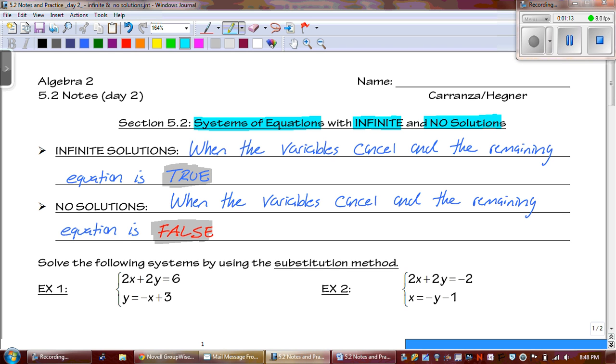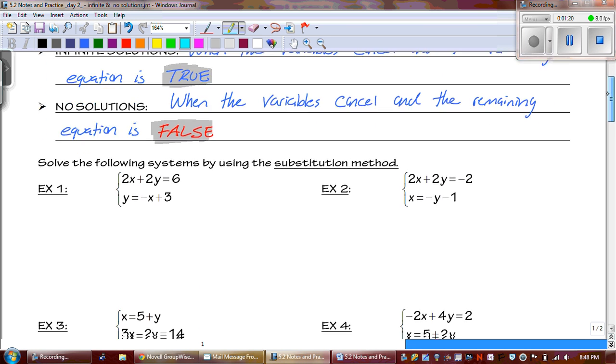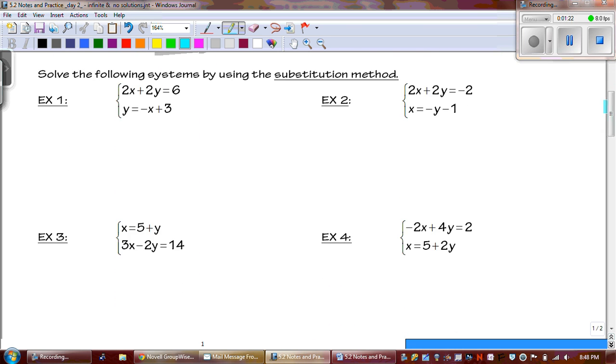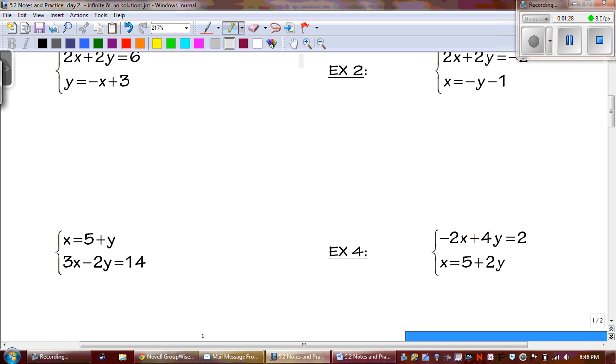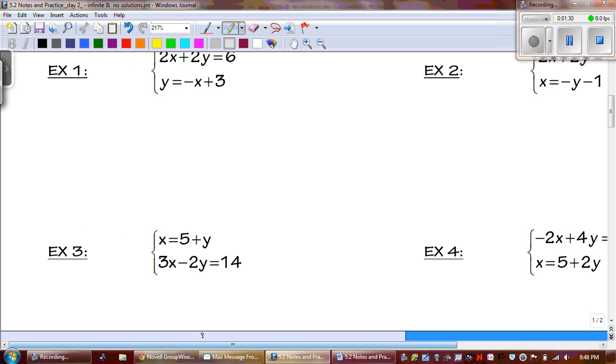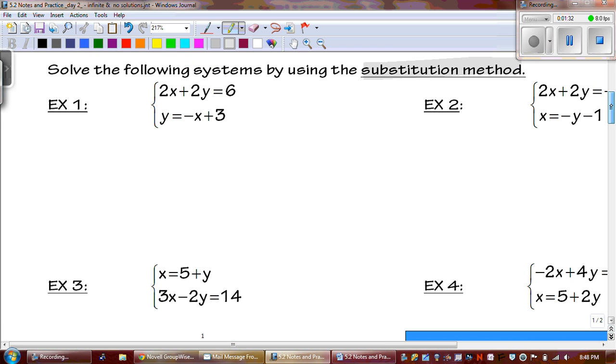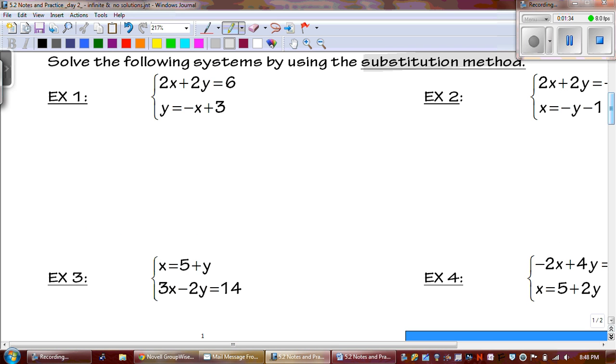I'll leave this up for just another second. Otherwise, we're going to go ahead and get started on the bottom. We're going to do all of these together today. So our directions say to solve the system by using the substitution method. We've talked about doing it with graphing, and well, we don't have graphs, so we're not going to do that. So we always want to look to see what variable of the two equations is by itself,